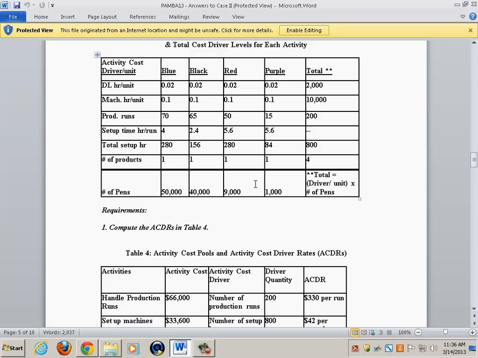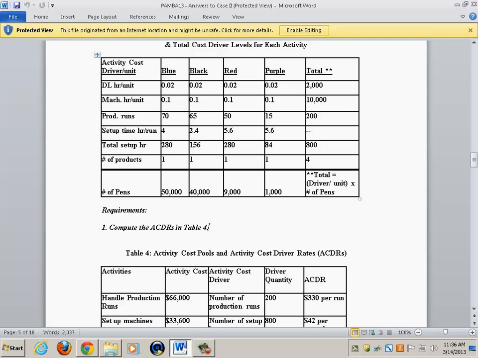It doesn't account for all those differences. So simply because of our knowledge of what's going on, and even at this level of the activities and the cost drivers,